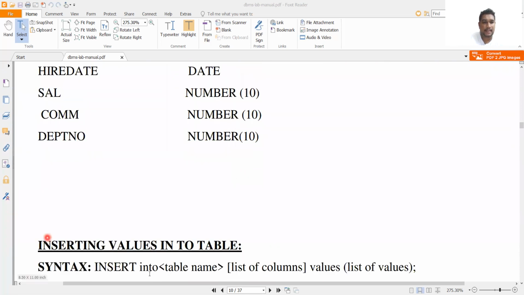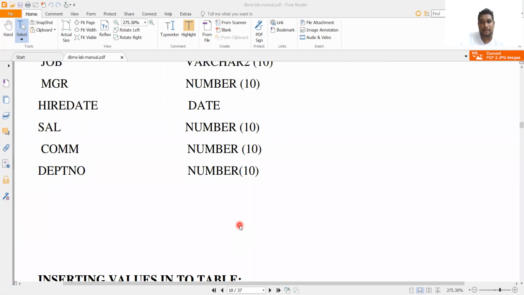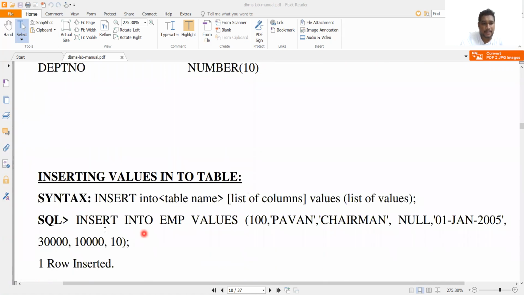Next, you go for the insert command. Insert into table name values, that is the keyword. We use this command, insert into table name values, followed by open brackets and the values of your attributes. So the DDL command is to create the columns, and the insert command is used to create the rows, or create the instances. I hope you understand, right? So if I insert into employee, that is the table name, values followed by your 8 values, this is the insert command that we use.